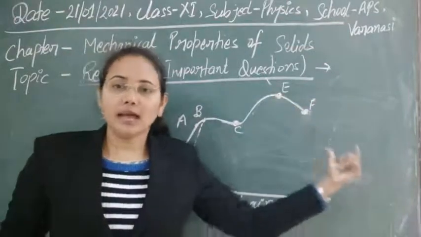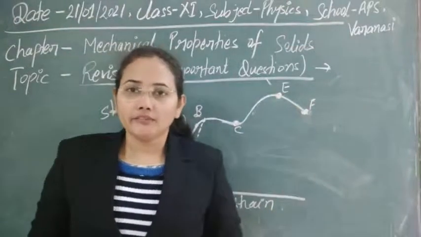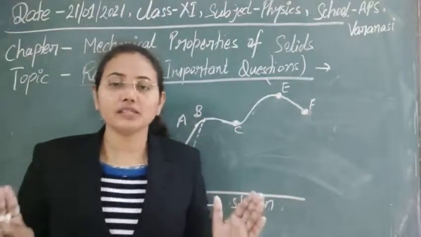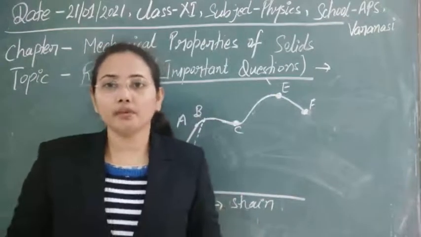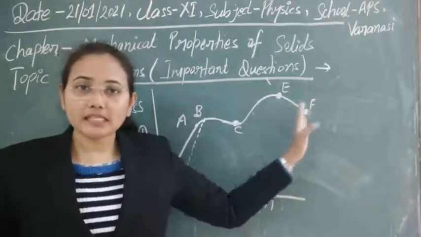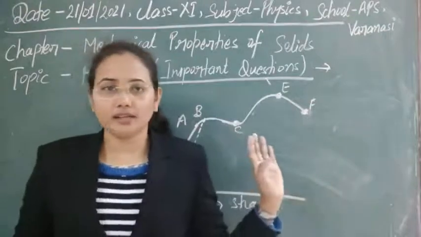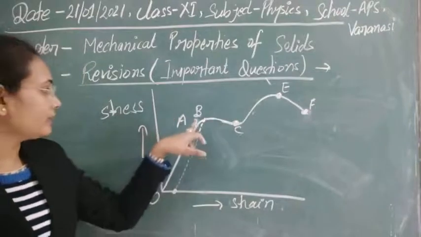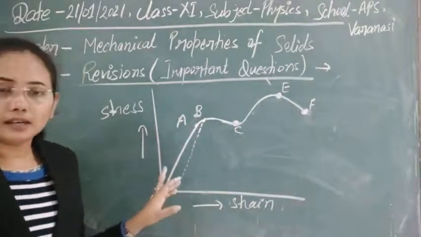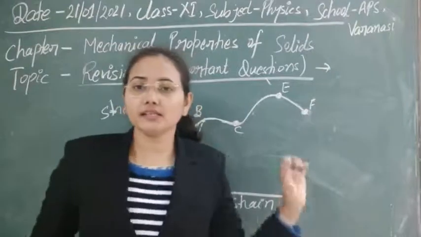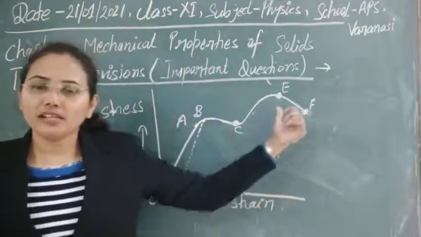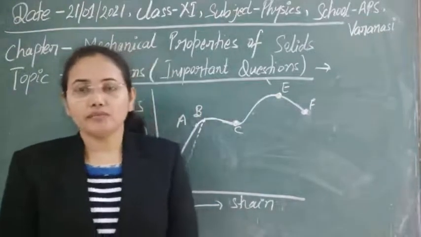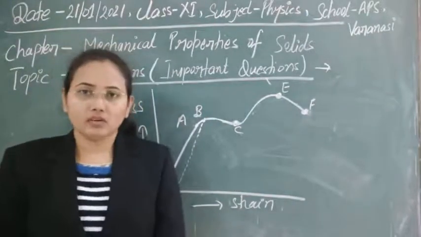Clear? This helps us understand, if we want to break some solid things, how much force we have to apply; you can understand it by easily calculating the yielding point. Here this point C is the plastic limit point, and this A is the point where the elastic limit is. So the different points that we are getting help us understand the properties of the solid materials we are talking about here.